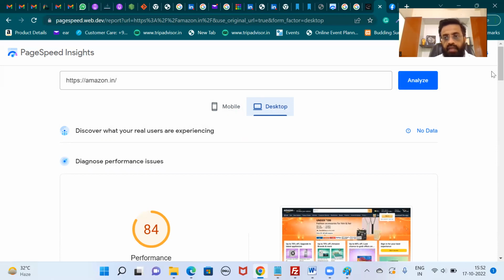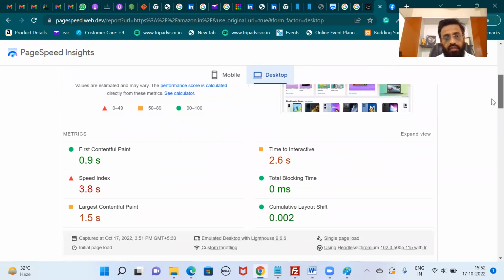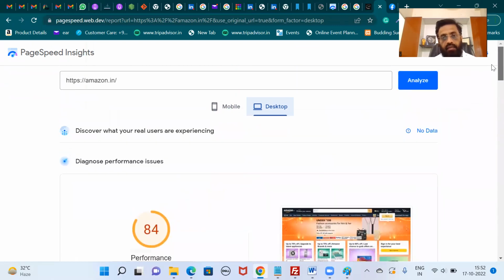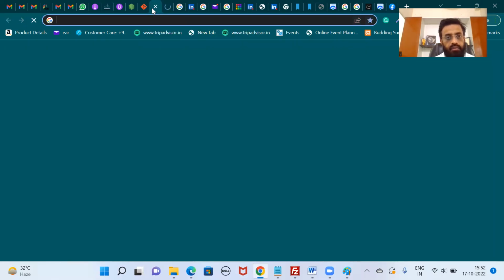See, Amazon has a score of 84, and Amazon is a large website. So if they can handle and manage the speed to 84 on a 0 to 100 scale, then we can also try to improve our performance. Okay, so coming back to our